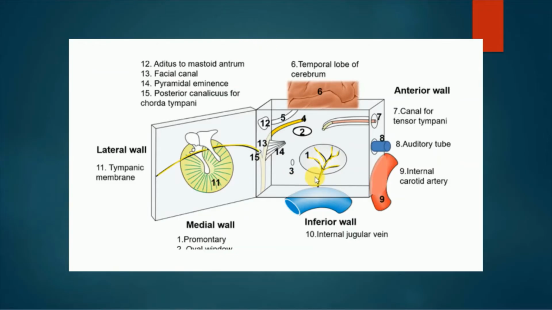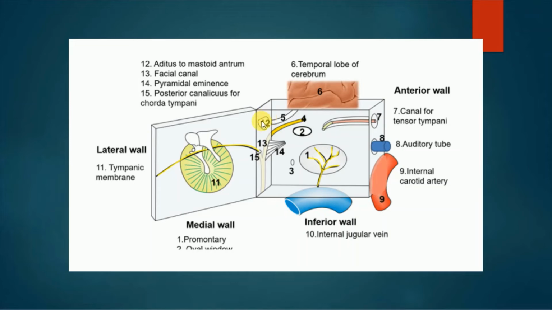Okay, so here is the diagram. We've cut open the lateral wall. It was supposed to be here. We've cut it open and we can see all the boundaries. This was the roof, as we discussed, formed by the tegmen tympani, and as you can see, it's a very thin plate, and above it we have the brain, that is the middle cranial fossa and the dura. This is the floor. As you can see, there is a canaliculus from where the branch of the glossopharyngeal nerve is coming in, and the internal jugular vein is being separated by it. Here is the anterior wall, the carotid wall. As you can see, separating the internal carotid artery from the middle ear, there is the orifice for the auditory tube and a canal from which the tensor tympani muscle enters.